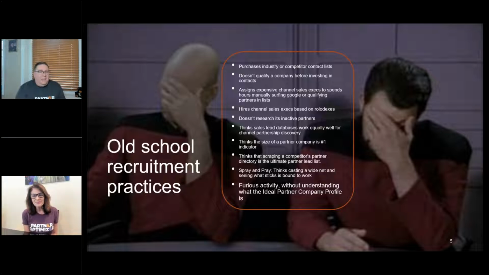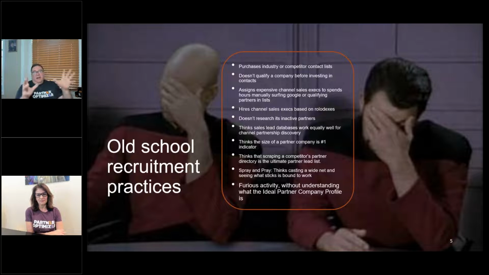Yeah, I think you hit pretty hard on the second one there as well, which is that it's really about the company. If the company can work with you, that's what your ideal partner profile is all about. It's not about investing in contacts, spending money just to buy a contact list because someone hits you up and says, hey, here's a set of managed service providers. Like, yeah, I'll eat them up, and then nothing comes of it. And as you all know, when you buy a list, like 30% of them are bad to begin with in most cases. So there's a lot of expense and gnashing of teeth around that particular piece. It can become quite expensive.